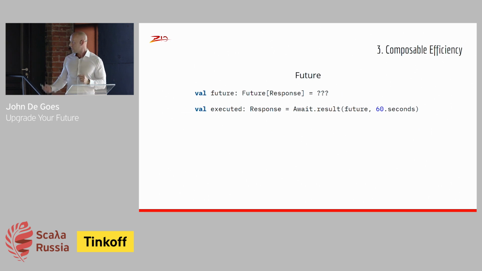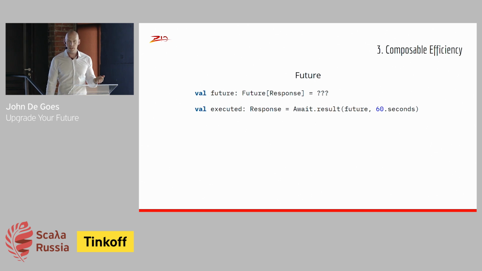Future has this primitive called await.result. And I often say that any occurrence of this in your code base is a bug, because it is. Sometimes we have to use await.result. But remember, Future is designed for asynchronous and parallel programming. If you're going to block on an async computation, it's as if you weren't doing async to begin with. So basically, this not only undoes the benefit of using asynchronous futures, but also it leads to deadlocks. And more than deadlocks, it leads to a lot of wasted computation.